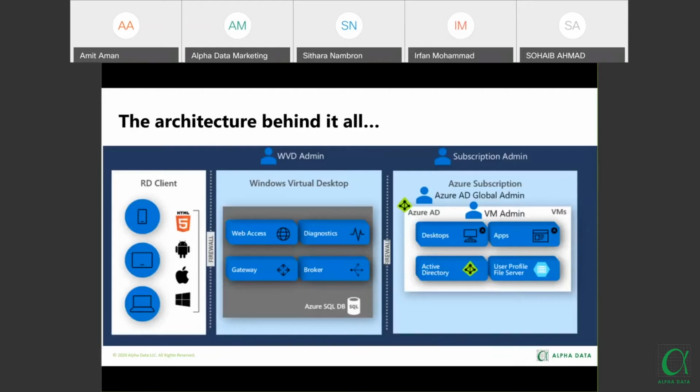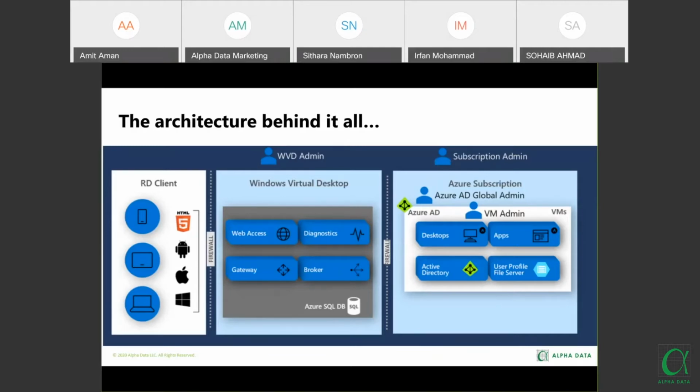Now, talking about it in a broad sense, connecting from your virtual machine in Azure to your host pool works differently with Windows Virtual Desktop. It uses reverse connect, which means that no inbound port needs to be opened on the virtual machine to set up the RDP connection. Once the connection flow proceeds, bidirectional communication between your session host pool will go over the HTTPS port, that is 443. This port is almost always open from the inside to the outside, so it's perfect for a remote connection to Windows Virtual Desktop.